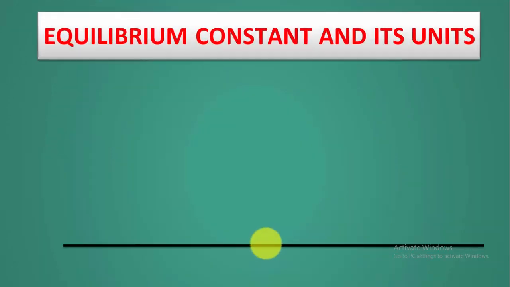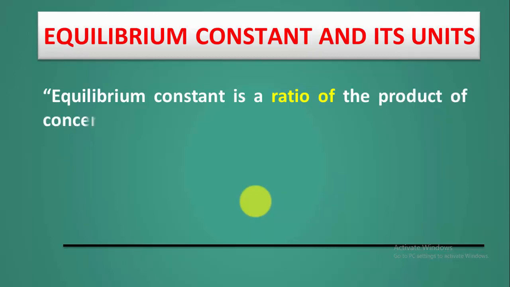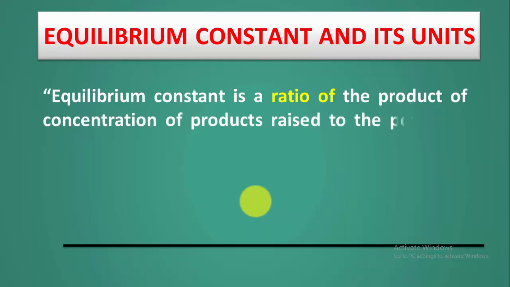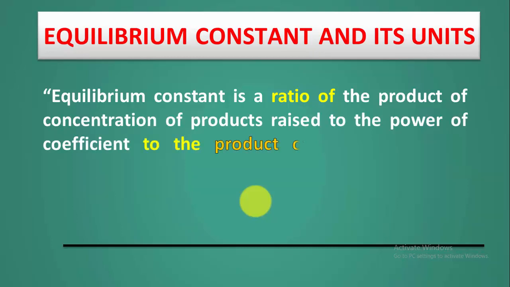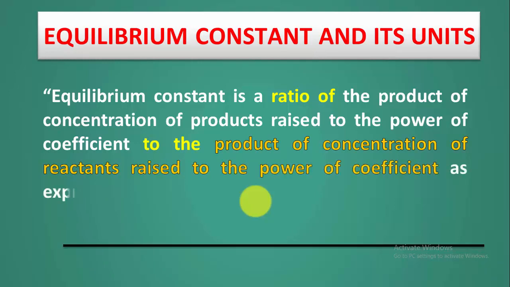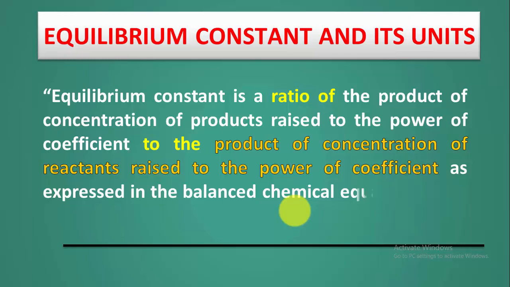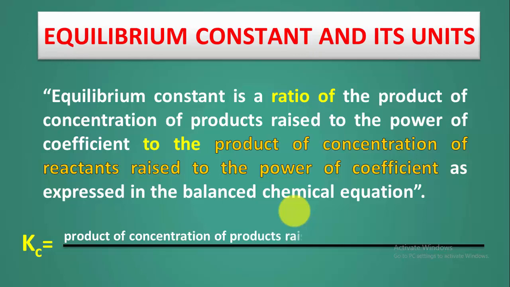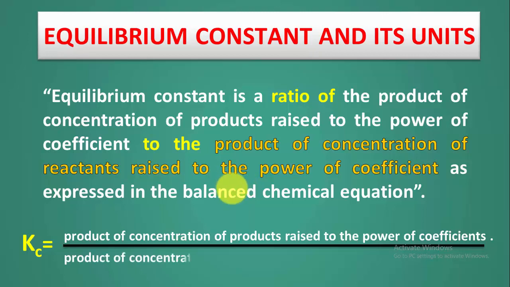Dear students, in the last, that is question number 3 of test yourself, what is equilibrium constant and what are its units. So equilibrium constant is just a ratio of the concentration of products raised to the power of their coefficients over the product of the concentration of reactants raised to the power of their coefficients. So Kc is equal to the product of concentration of products raised to the power of coefficients over the product of concentration of reactants raised to the power of their coefficients,